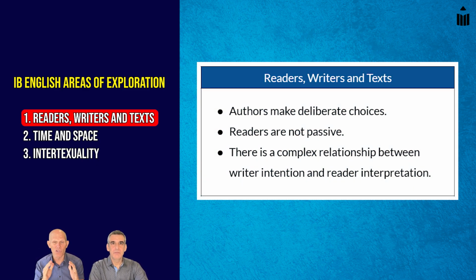This is that relationship, that rhetorical triangle where writers are constructing texts and communicating with readers. That's essential. We want to think about who made this, how did they make this, and what do we do as readers? What do we do with this text? So we can think about at the center, authors are making deliberate choices. They're making all those rich choices about the language they use, the structure of the text, all of those things